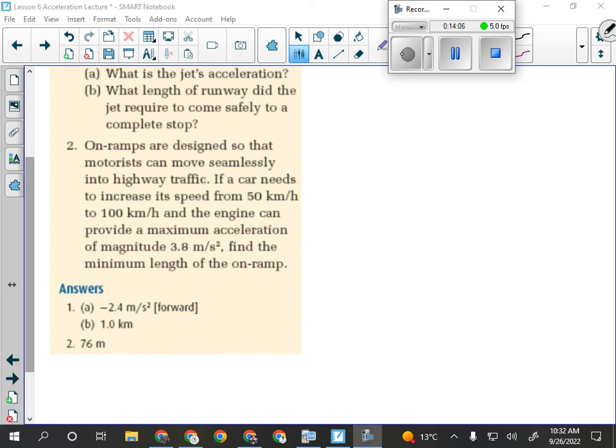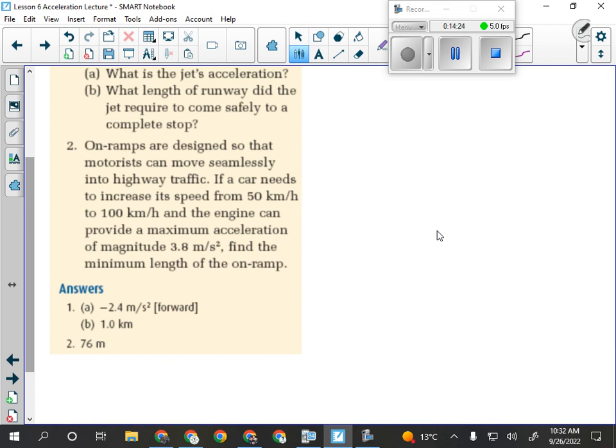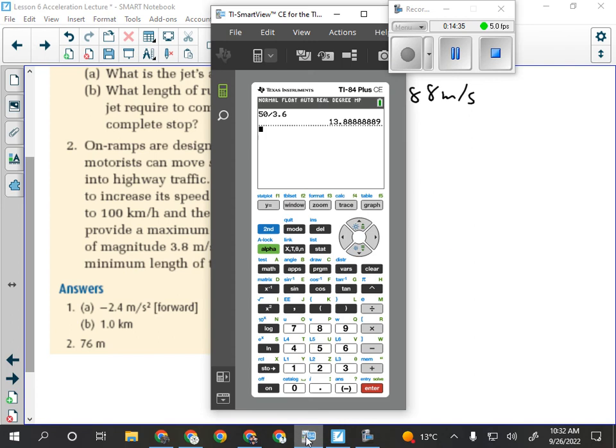But anyway, we have this on-ramp that is trying to get people from 50 to 100 kilometers per hour. So they're giving us our initial and final velocity. 50 divided by 3.6 gives us 13.88, so the initial velocity is 13.88 meters per second. The final velocity will obviously be twice that, so 27.77